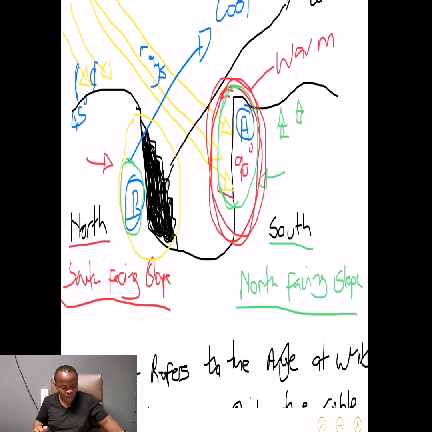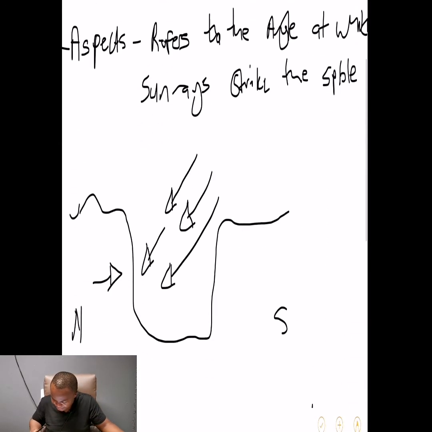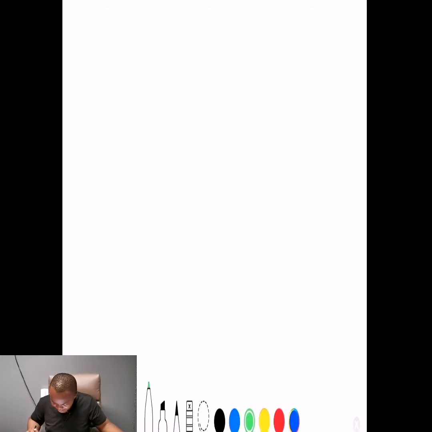So let us move on now to our second topic. We'll be looking at our valley climate. We'll be looking at our anabatic winds. I just hope you guys were taking notes, because we'll be looking now at our katabatic winds and also our anabatic winds. We have two valley winds: the katabatic winds that occur at night, and then we have our anabatic winds that occur during the day.